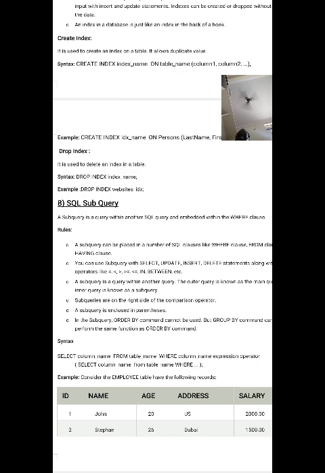So a subquery is also a query, but it is within another one, and you have to write it in the WHERE of the select statement. So how to ask the question? By using the select only. Select is having the WHERE clause, and in that WHERE clause you have to write the subquery. When you are writing the subquery in the WHERE clause, you have to follow some rules and regulations that I will tell one by one.